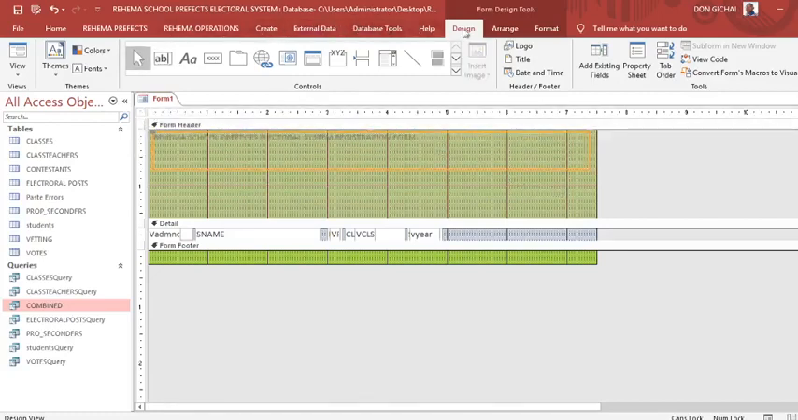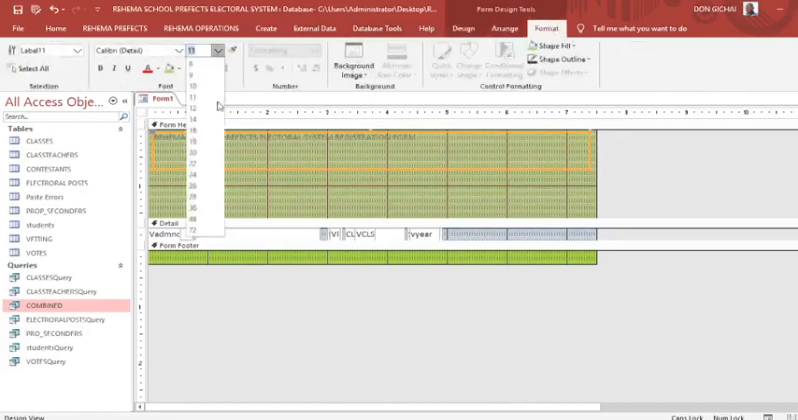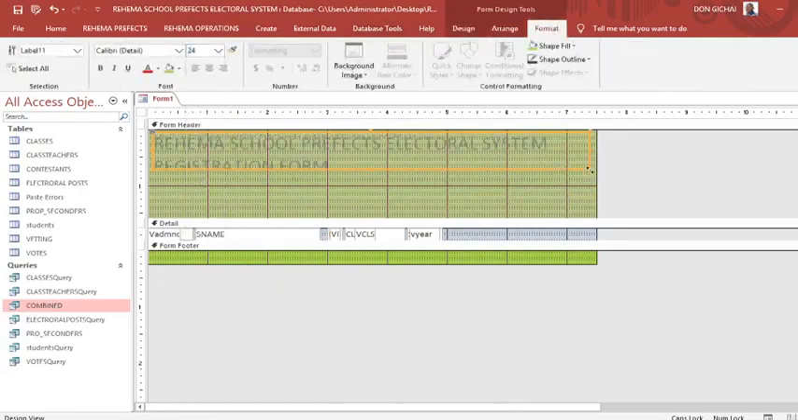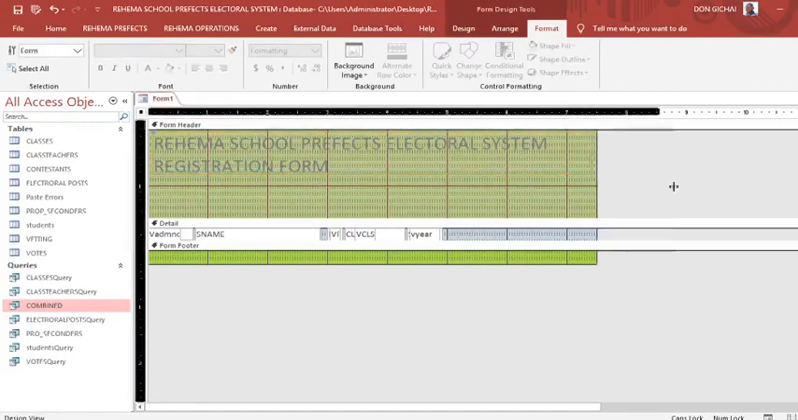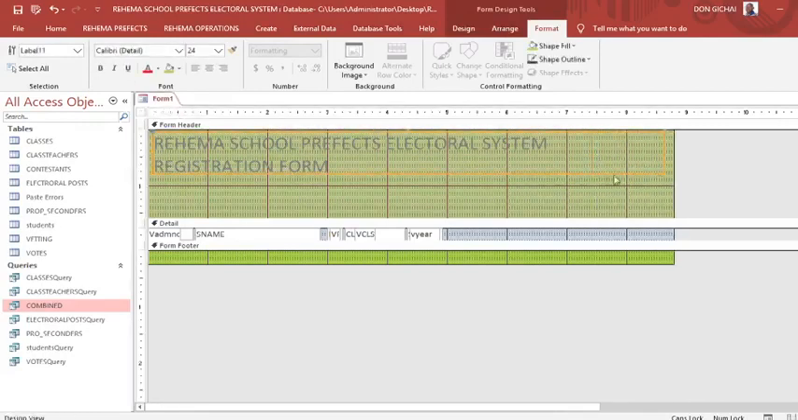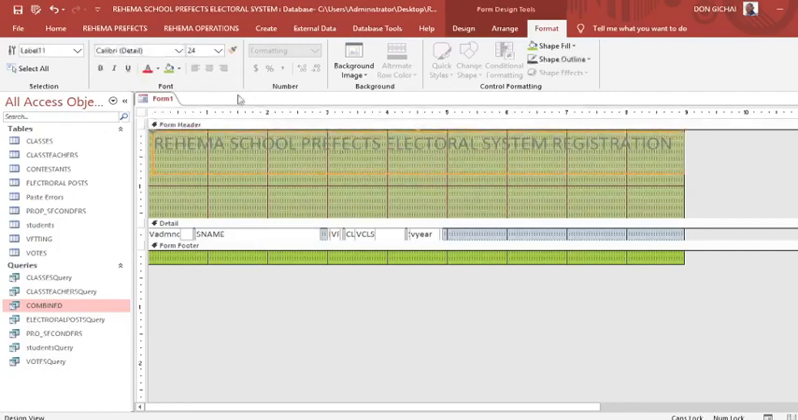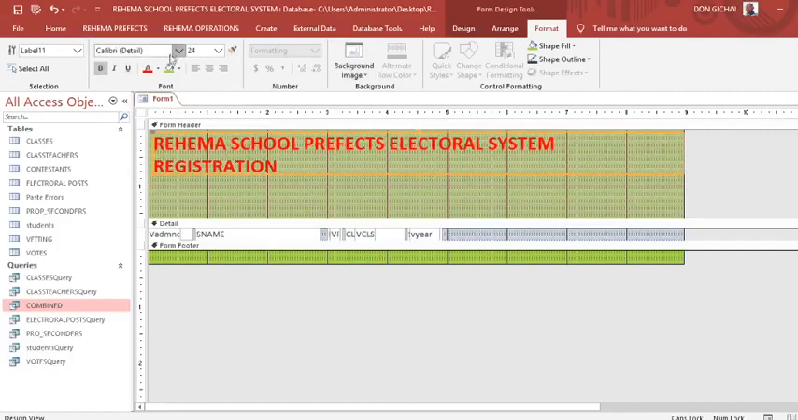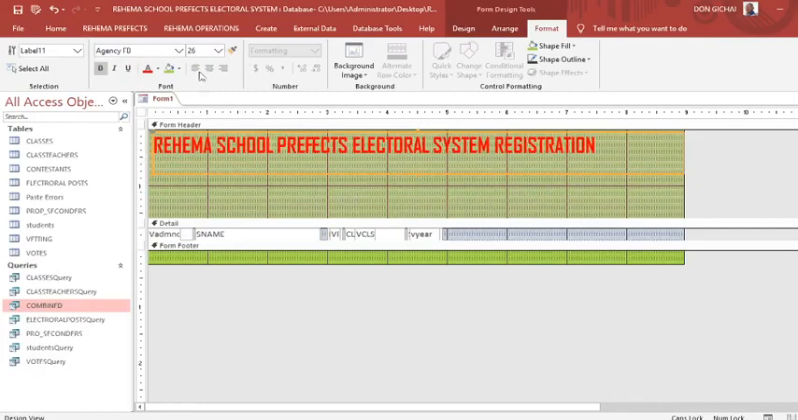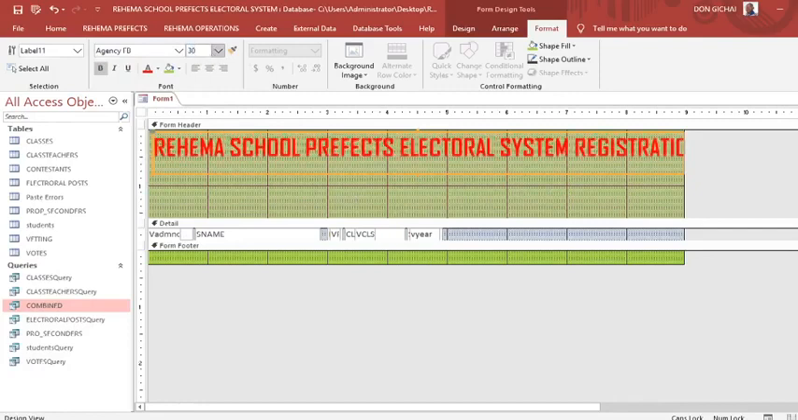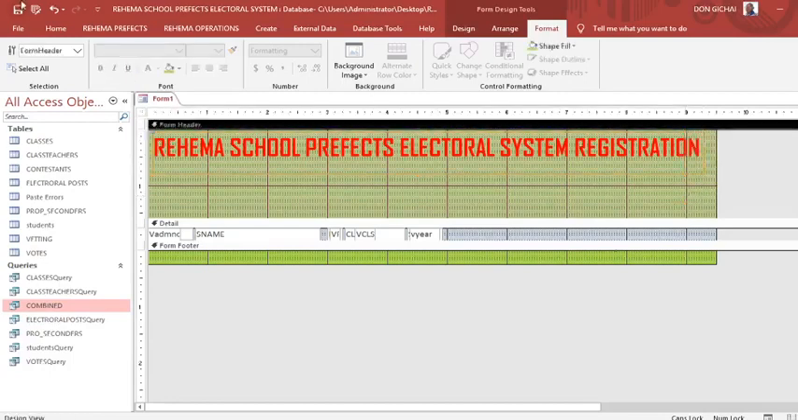Then you can format that one by going to format. Then you can increase the font size to accommodate everything. Then you can choose a narrow type of font for that. Then we can have